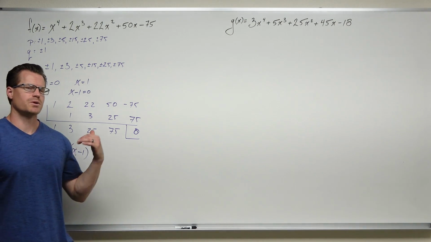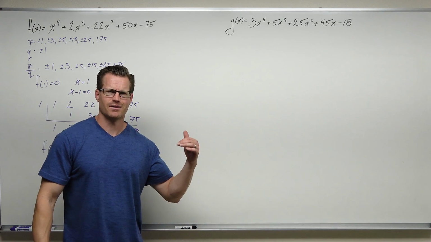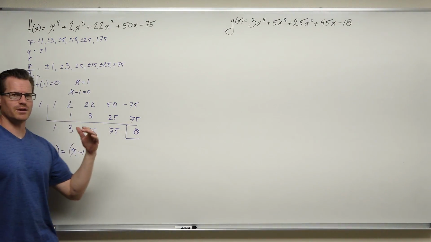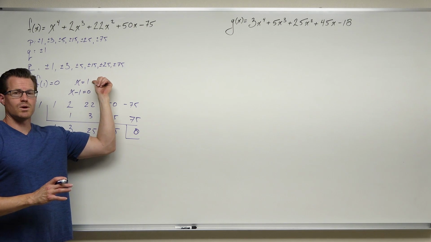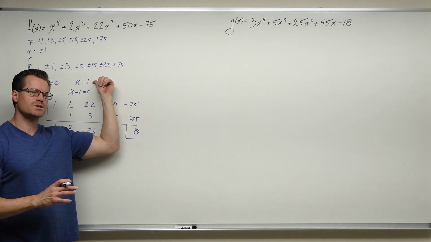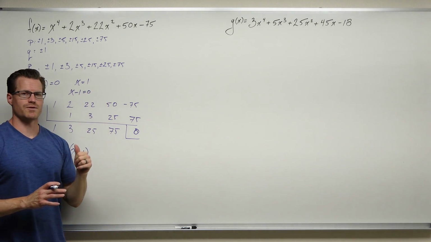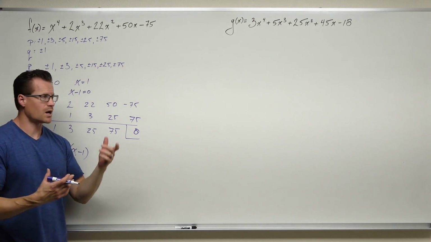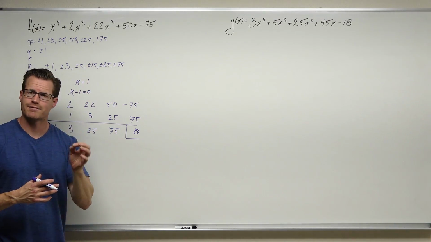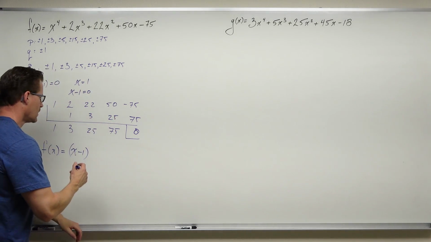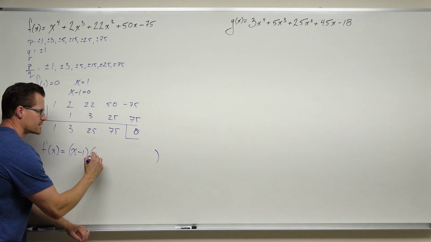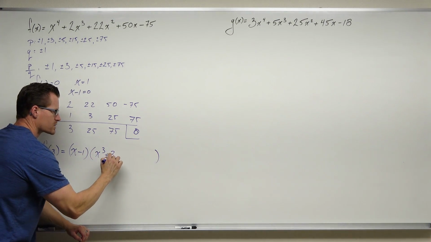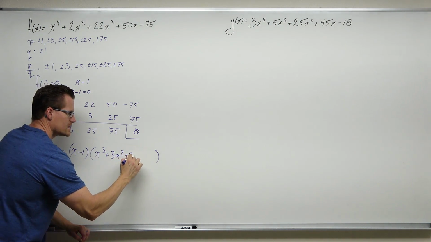Notice how a lot of students put x plus 1 because they go, oh, I factored out the plus 1. It's right there, positive 1, x plus 1. No, this is why I have you do this. x equals 1 is your x-intercept, and that's what you use for synthetic division, but x minus 1 is your factor. This is why I taught you all those times to create your factor, so that you have that pattern in your head. The remaining part of the polynomial is factored as x to the third plus 3x squared plus